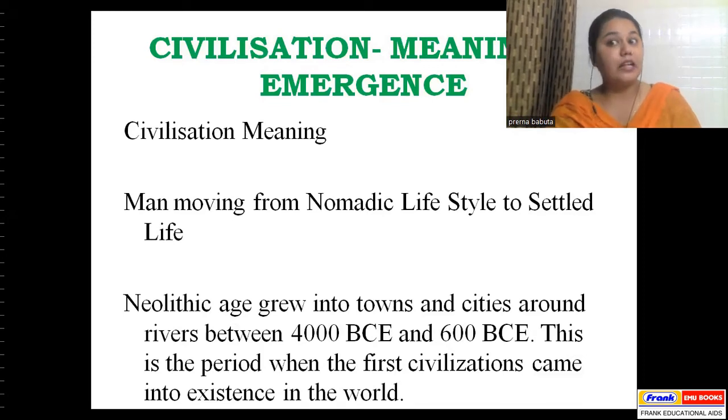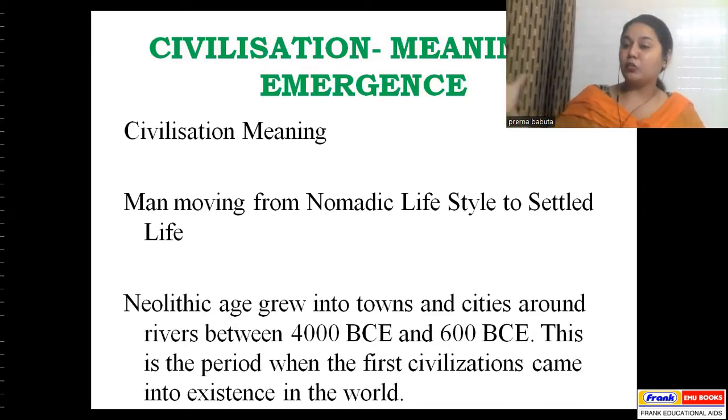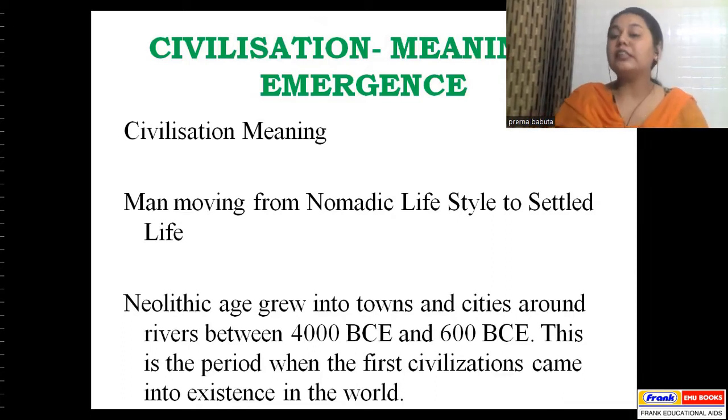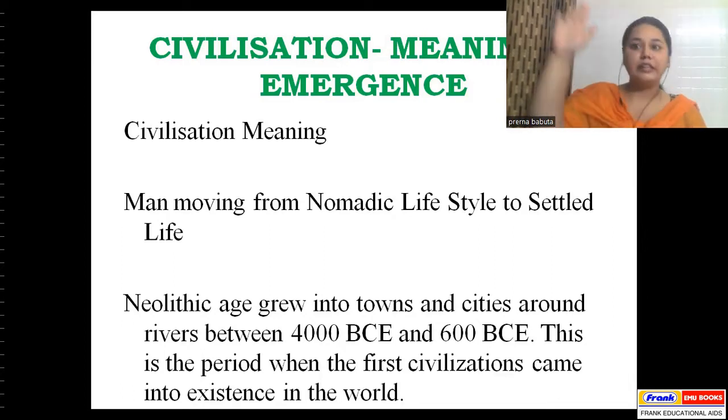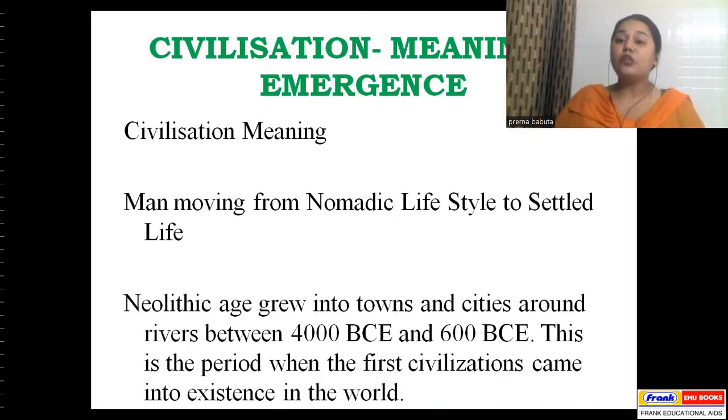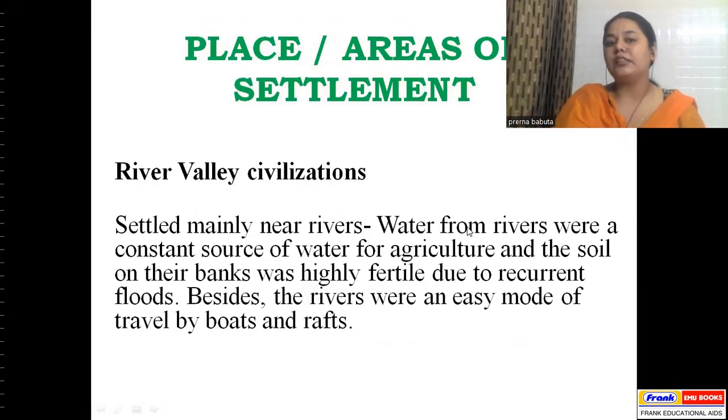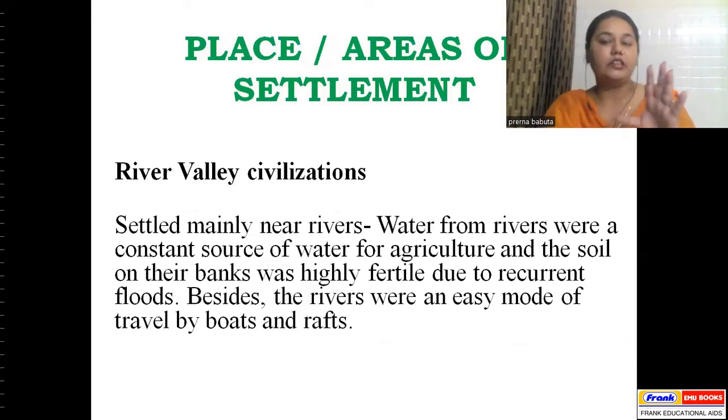And in the previous class, I told you, how do you remember dates? Like, in science you have to learn the formulas or the concepts or the theories. In social science and history, what do you do? You make a table and you write all the important details and paste it on your study table. So from 4000 BC to 600 BC, we see the emergence of towns and cities and a settled human life. But what was this first settlement that ever came into existence? Correct? So this was the river valley civilizations.